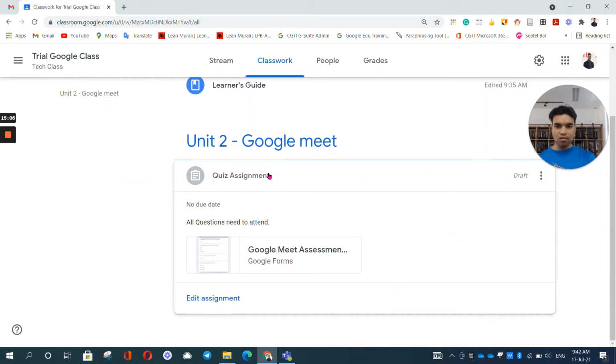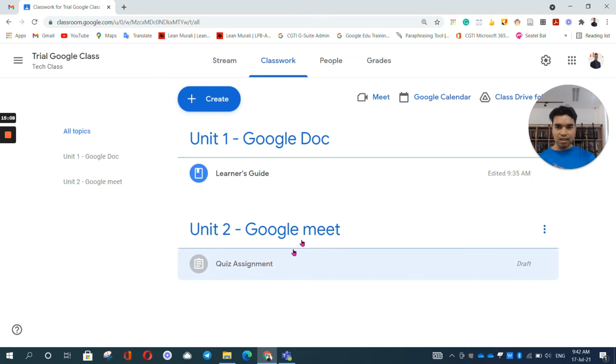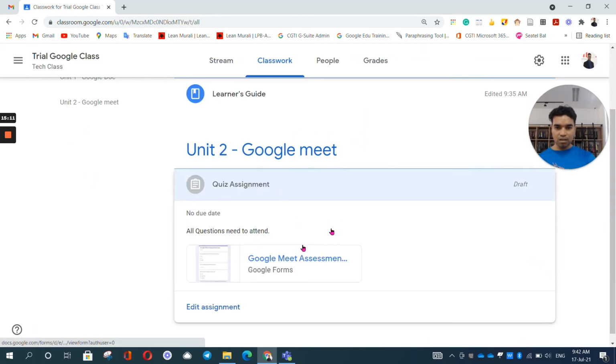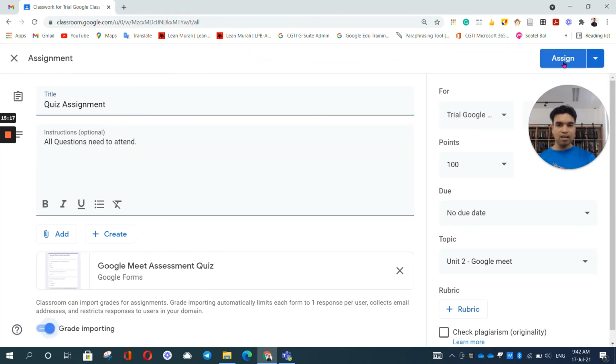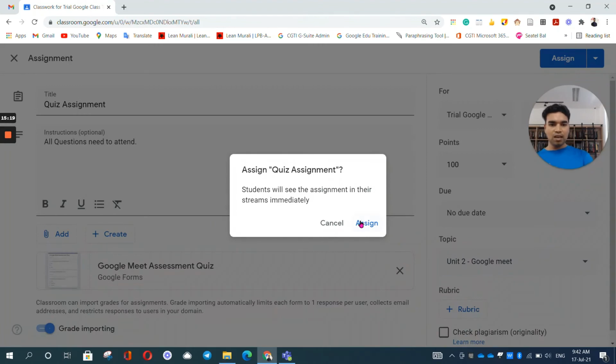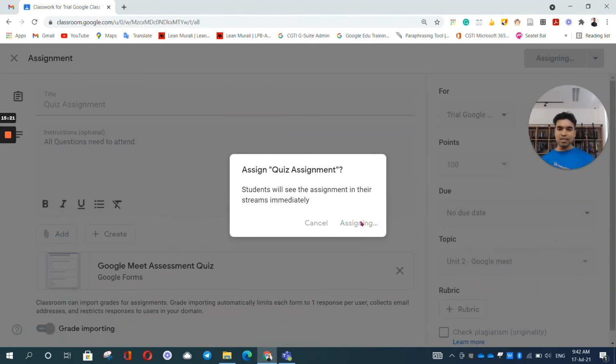Since I haven't posted, it is still saying assignment. So from here I can click on the assign button and then assign, so a student can see your assignment.